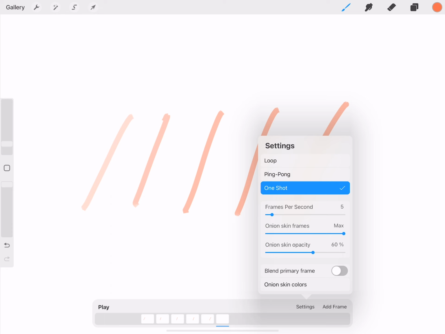And onion skin is the other frames you can see before and after your current frame. This is super helpful when animating movement. You can see where you're going and what you've already drawn. The onion skin frames slider is how many frames before and after you can see, and the opacity is the